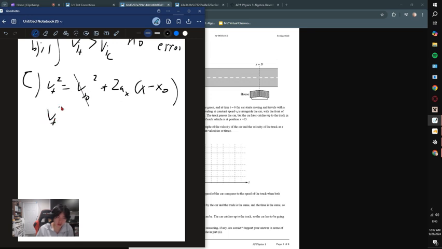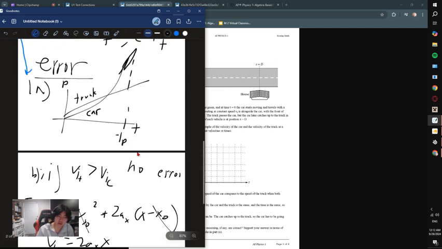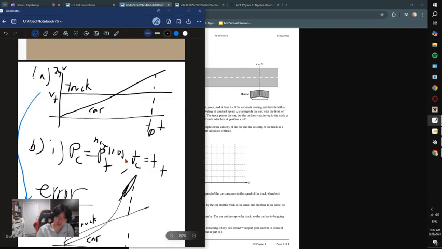So v of t squared equals 2ax, and we need it in terms of acceleration, so a of x equals v of t squared over 2x, and x is equal to d, and v of t is equal to 2vt, or 2 times the velocity of the truck,